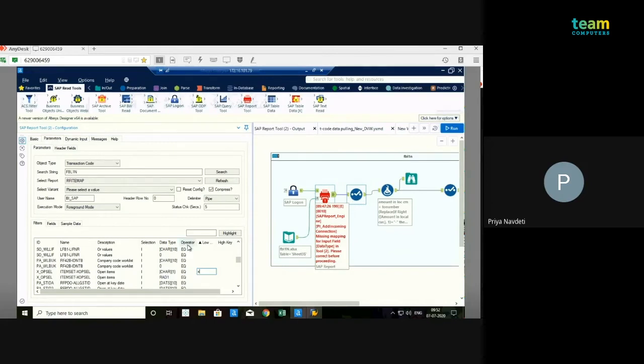And here is the operator. The operator can be anything, equal, between. So the operators we are using in Tableau or Vertex, the same operators we are using here. EQ means equal, so it will fetch the data for that. Like here I have selected the EQ for the open item, so it will fetch the data for that open item only. According to that, we need to change the operator. If we are fetching the date, then we have to use between, which is BT.